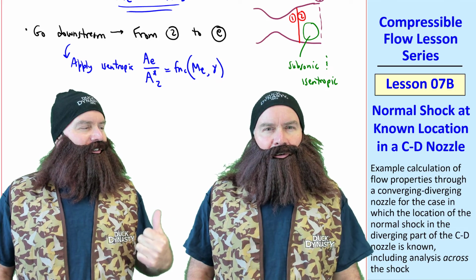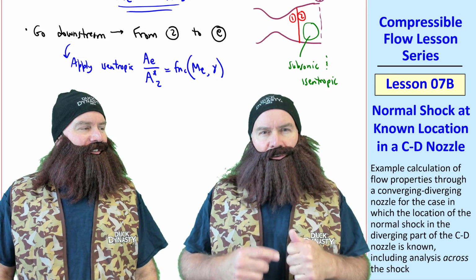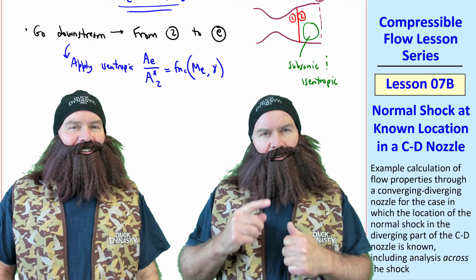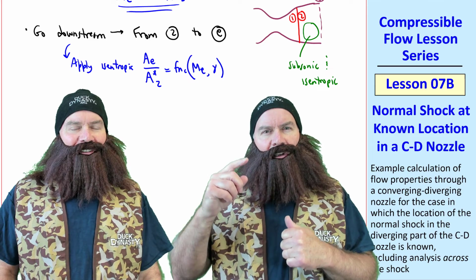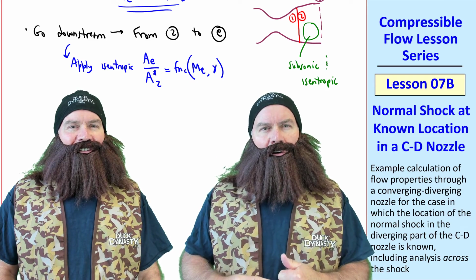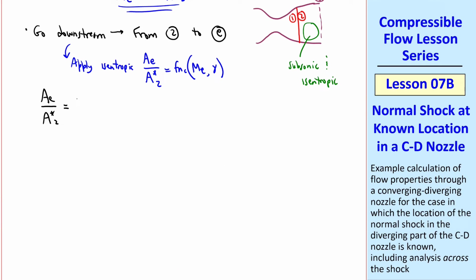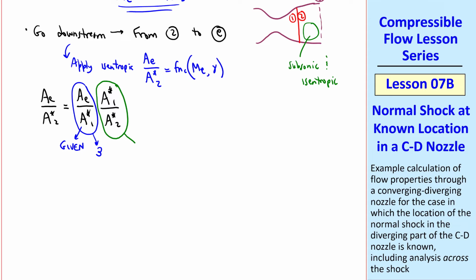Thanks a lot, Dick. Well, I guess AE over A star 2 is AE over A star 1 times A star 1 over A star 2. That's right, Duck. You've learned your ratios well. We write AE over A star 2 is AE over A star 1 times A star 1 over A star 2. This value was given in the problem statement, namely this is 3, and an equation for this ratio was